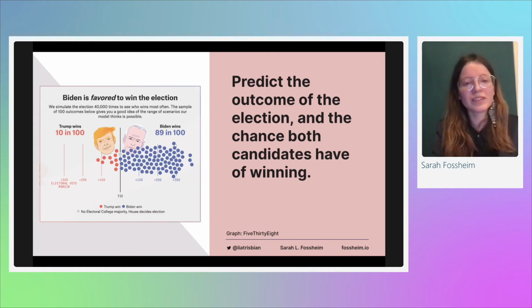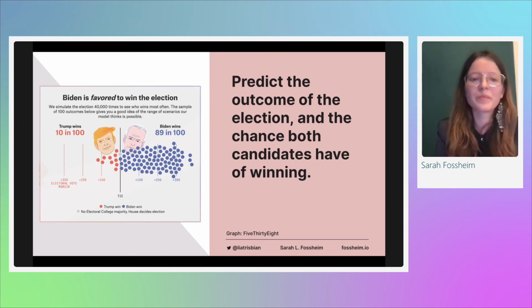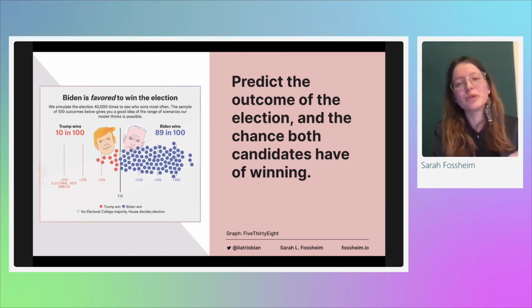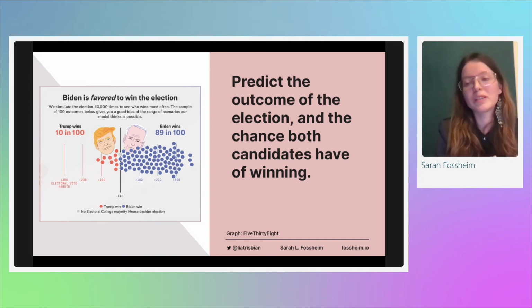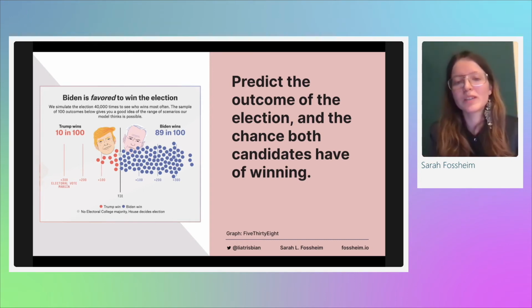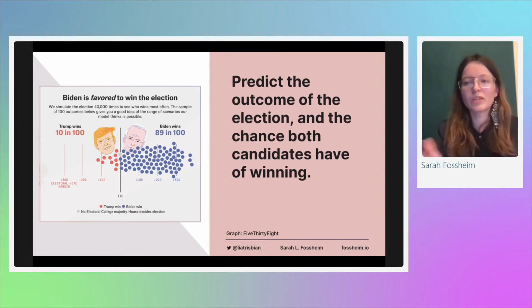So this graph actually fulfills that purpose quite well. It tells me already in the title what I want to know. Also, from a screen reader point of view, that's also how this is announced. Biden is favored to win the election. Trump wins in 10% of the cases. Biden wins in 89% of the cases. That's what VoiceOver read to me when I tried this. It didn't go into the detail of the specific dots. It didn't care too much about